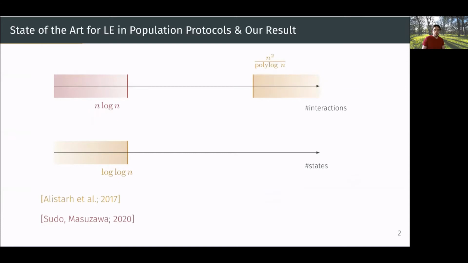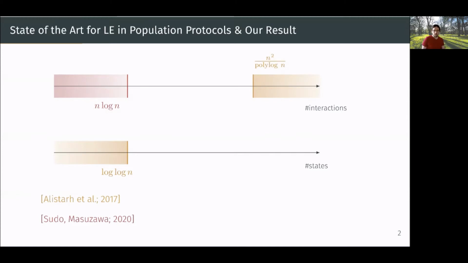Now, if you look at the most recent results in leader election for population protocols, there are two lower bounds which are of interest. The one by Alistarh et al. from 2017, who showed that if I give you agents that use at most log n many states per agent, then the number of expected interactions you require to elect a leader will be, in expectation, roughly n squared. And very recently, there was another bound by Sudo and Masuzawa who showed that no matter how many states I give you, you will always require at least n log n many interactions to elect a leader,